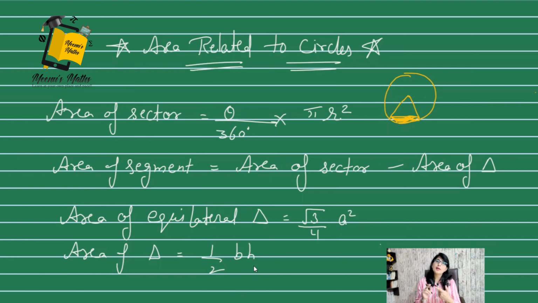Okay, so I want to tell you, in this year, in your syllabus, you have only 60 degree and 90 degree. I'm talking about theta, and theta is this angle. If I say it is only 60 and 90, that means if it is a 60 degree angle, that will be an equilateral triangle, and we will apply the formula of equilateral triangle. And suppose it is 90 degree, then we will apply the simple formula 1 by 2 multiply base multiply height. So we need only these two formulas.